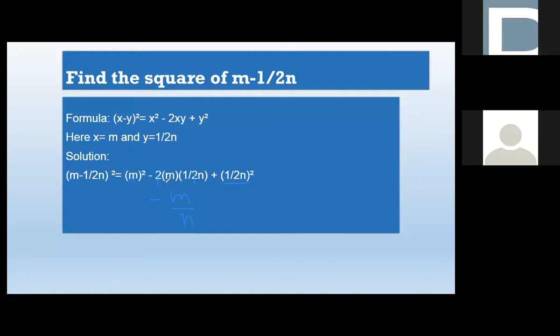Okay, why? Because minus 2m is written like this, and then in the bracket what is written? 1 over 2n. This 2 and 2 will be cancelled, m ones are m, and over n. Okay, this m and n, they are not multiplying, this n is in division. Are you getting me? Is it clear now? Say yes or no.